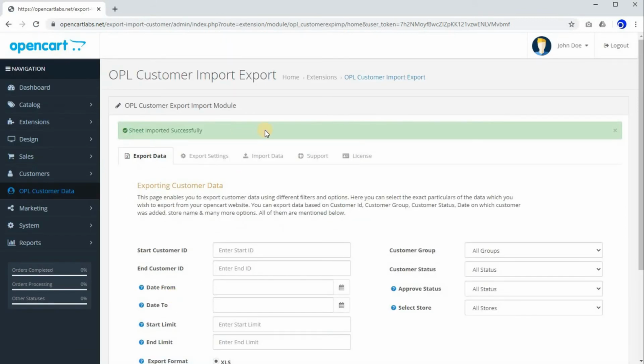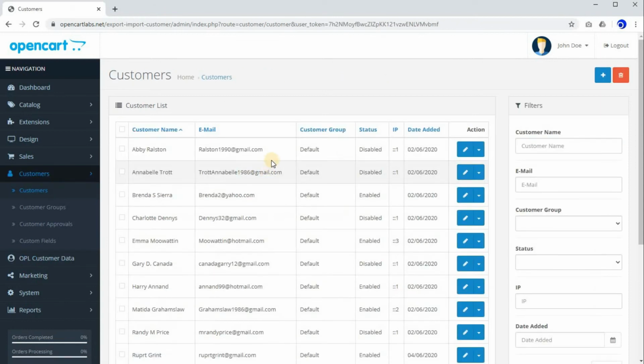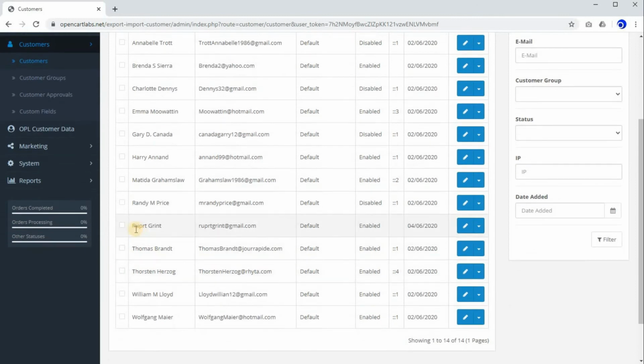Now let's go to customers and check whether our newly created Rupert Grint is available or not. As you can see here, Rupert Grint is available over here. The newly created record, or customer, has been successfully added.